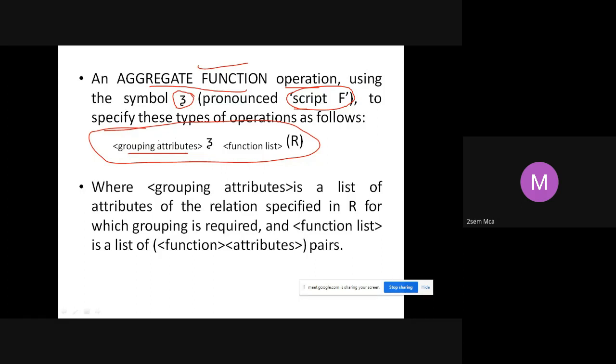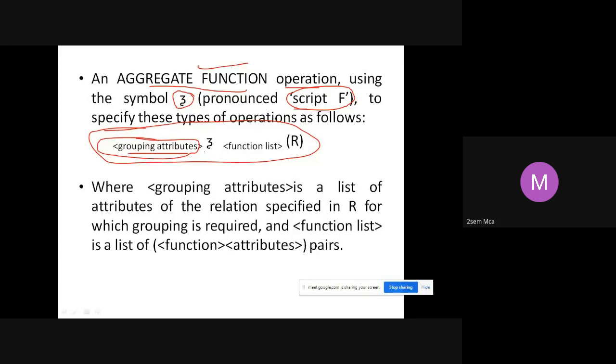So that branch will come here. The grouping attribute is based on which attribute you are trying to apply the aggregate function. For every branch I want to do this. So branch is, in that case, a grouping attribute. So first you have to specify the grouping attribute here.